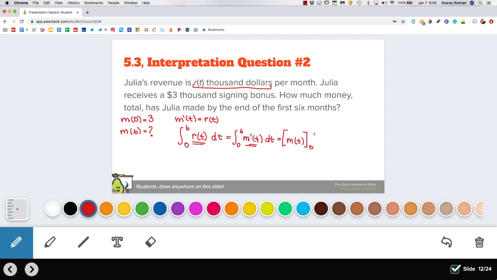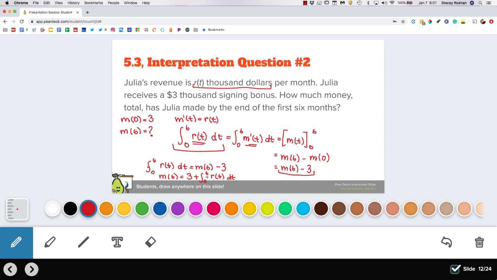So now we're evaluating that between 0 and 6. So that's going to be m of 6 minus m of 0. And I know that m of 0 is 3. So if I want to solve for m of 6, which is what I'm trying to do, then let me just rewrite it again. Integral from 0 to 6 of r of t dt is equal to m of 6 minus 3. Add 3 to both sides and you get m of 6 equals 3 plus the integral from 0 to 6 of r of t dt. Because pretty much you're saying this is the initial amount and then you're adding on whatever